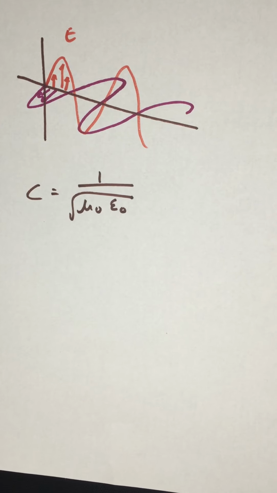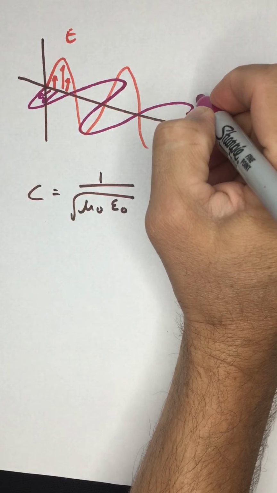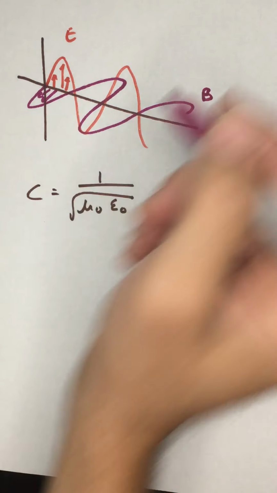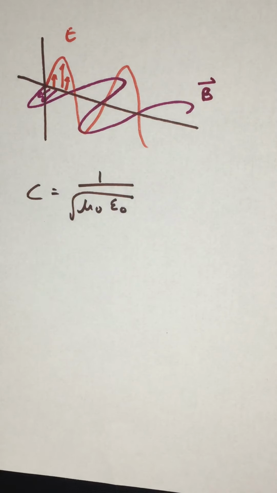In this video, we're going to start looking at electromagnetic waves. I've tried to give you a representation here of an electromagnetic wave. It's really difficult to draw these things in 2 dimensions. Your textbook has much better graphics than I could ever hope to draw here. But the idea is,